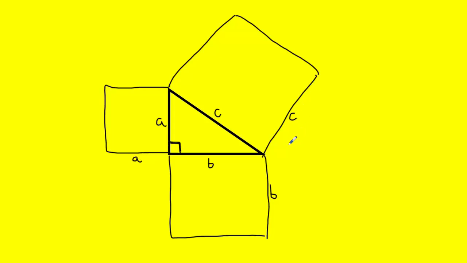And now I'm going to find the area for each square that I created. The area for this square would be A squared. I'll just circle that area. The area for this square would be B times B, so that'd be B squared. And the area for this square would be C times C, which is C squared. So these are my three areas. And according to the Pythagorean theorem,